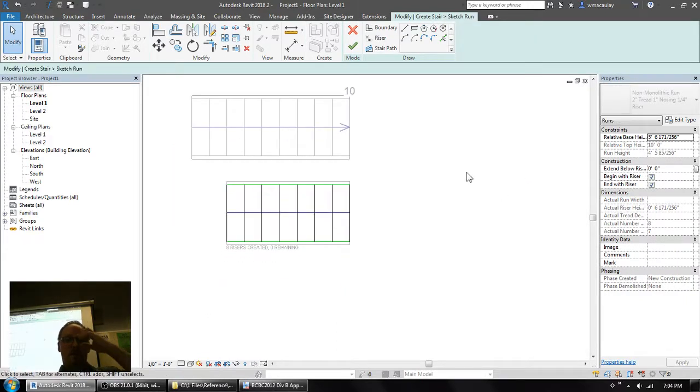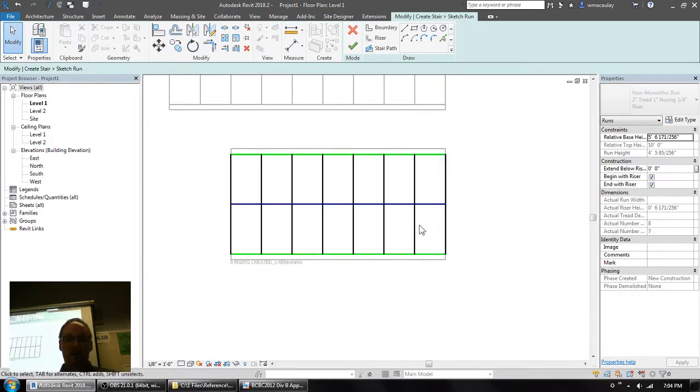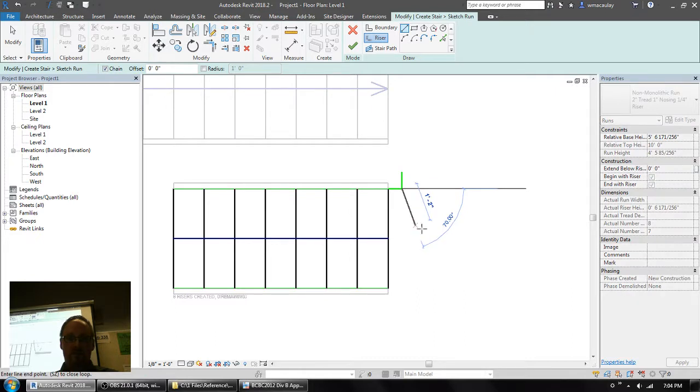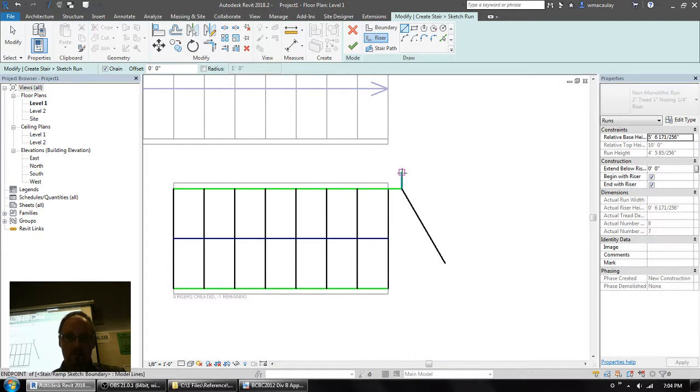So here's how it works. You've got green boundary lines at the sides, and then you've got black lines, which are your risers, which must be at the top and bottom of the flight. So what we're going to do instead here is just very roughly draw in the process. So you have boundary lines which will turn the corner here, and then you draw risers, so you can switch between drawing boundaries, which are the green lines, and risers, which are the black lines, which you can put in place. So I can do a 60-degree there, and I'll do,